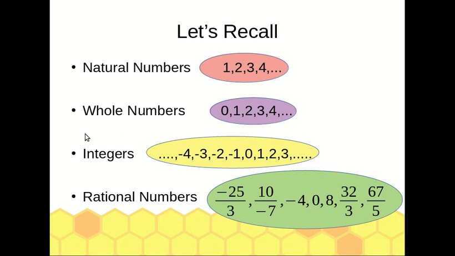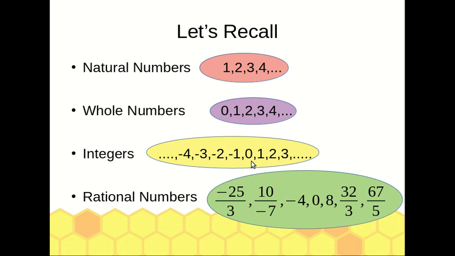The third type is integers. Integers contain 0 1 2 3, like this. These are the positive numbers. And on the left side there are -1 -2 -3 -4. It means the integer group contains negative numbers, 0 and positive numbers, so we can define integers as a group of negative numbers, positive numbers and 0.